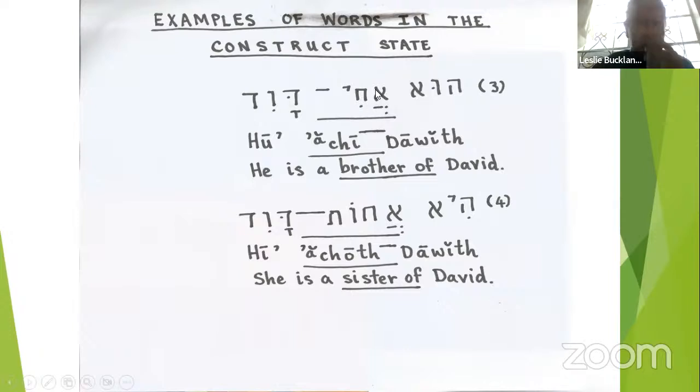Because the accent has left achi, or has left the word ach, and has gone on to the other word, David, we find that there has to be a change of the vowel. So it's no longer kamets, as was the case when the word ach was standing by itself. It is now